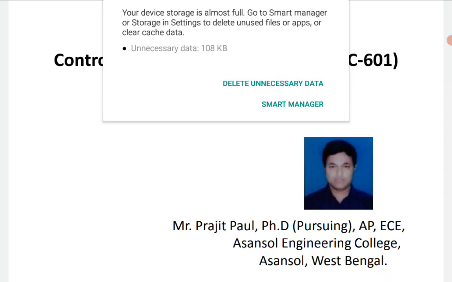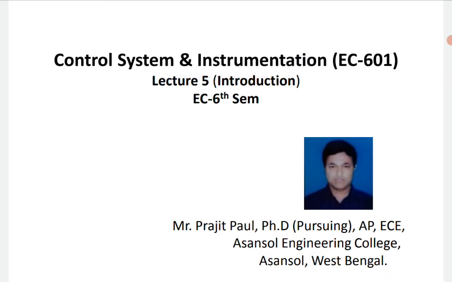Already from lecture 1 to lecture 4 respectively, I discussed what is control system, what are the types of control system, that is open loop control, closed loop control, how to determine transfer function with the help of block diagram reduction rules and signal flow graphs, what will be the equivalent representation of a SFG from the given block diagram, and how to determine net gain from the SFG based on Mason's gain formula is already illustrated.